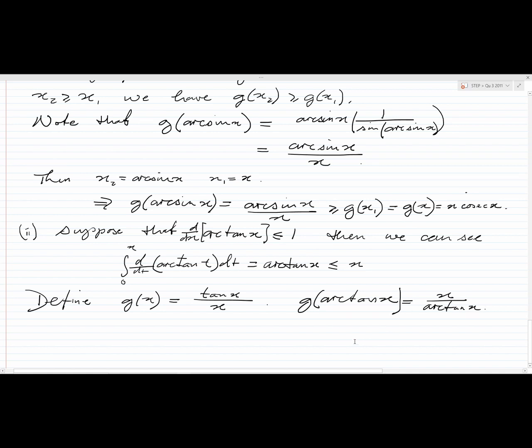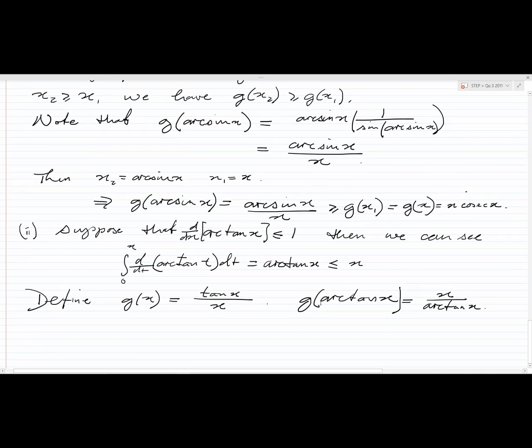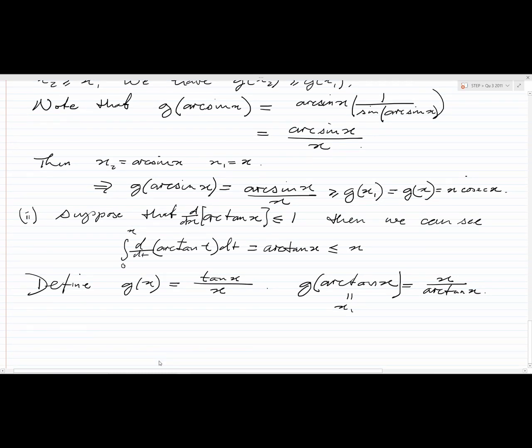Well, what we've got here is that this is going to be less than g2 if g is increasing. If you imagine this being our x1, and then just x being our x2, since this is going to be our tan x over x, we'll get therefore that